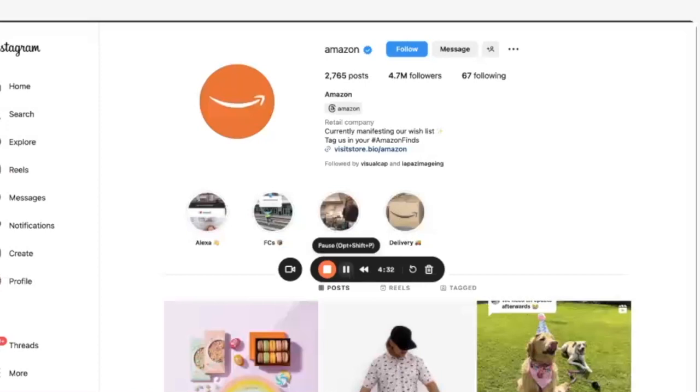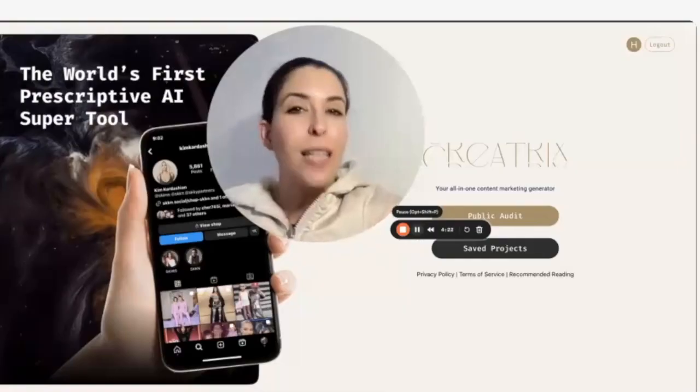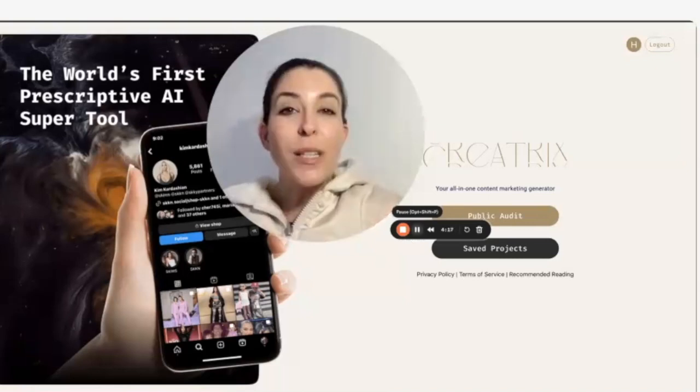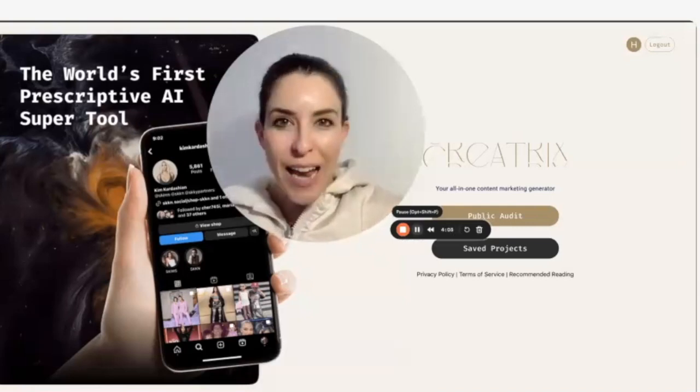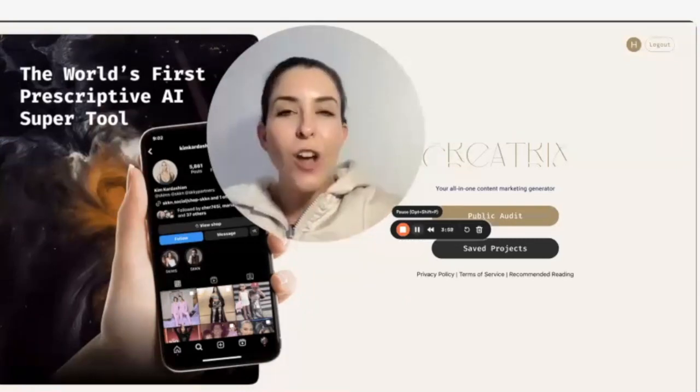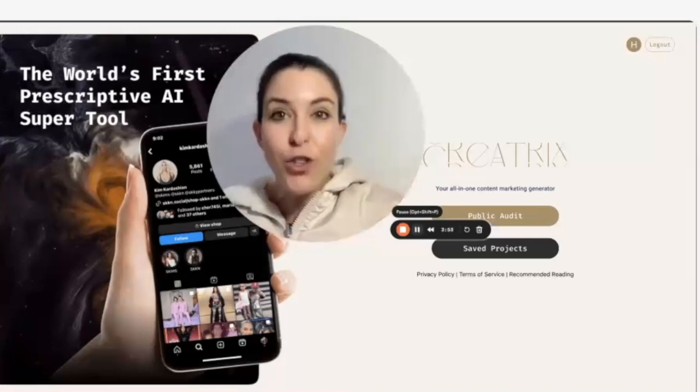Imagine having data insights into some of the biggest brands in the world, like Amazon. From strategic insights for exceptional outcomes in business and marketing, to discovering what drives the market in market research, to anticipating the future today with trend forecasts, to channeling the collective desires of popular opinion, to understanding the hearts of your people through audience sentiment analysis, Creatrix has got you covered.